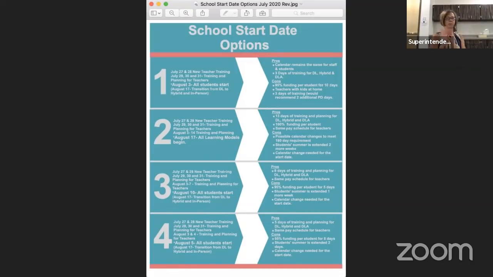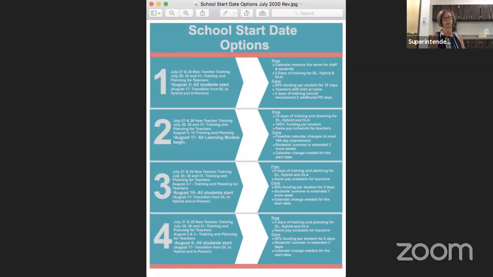Okay, so let me clarify to make sure. I believe what you're asking me is if the governor is still stuck with August 17th as the in-person option, but I did not feel, and nor did us as a leadership staff and you as a board, what are our options? So our options would be at that time is that I would come to you just like I did in the past and say, I would recommend that we continue to remain in